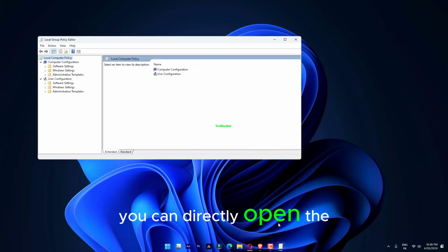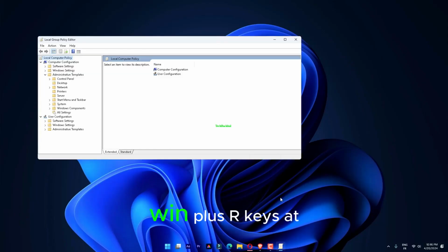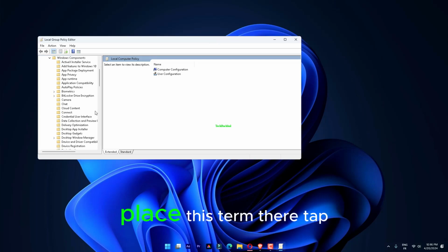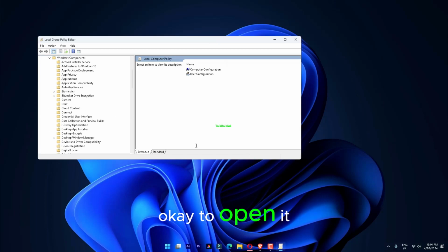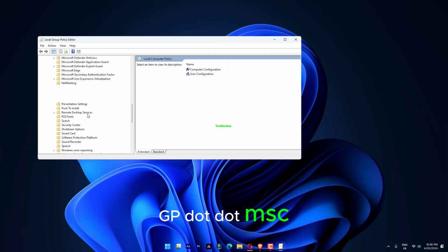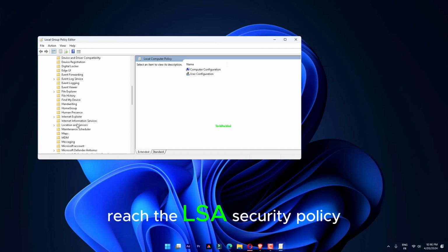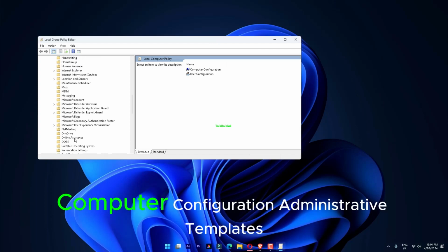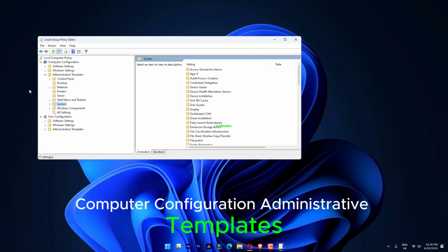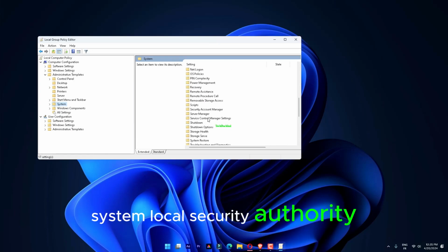You can directly open the Group Policy. To do that, hold the Win plus R keys at once. Place this term there: gpedit.msc. Tap OK to open it. Expand the left pane to reach the LSA security policy: Computer Configuration, Administrative Templates, System, Local Security Authority, open